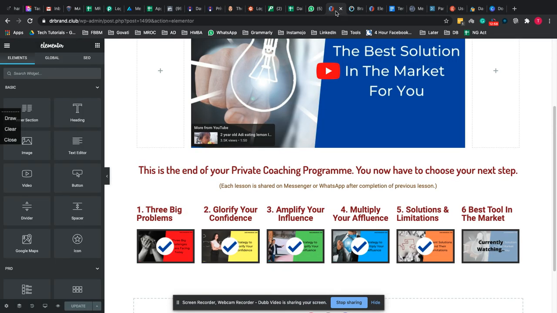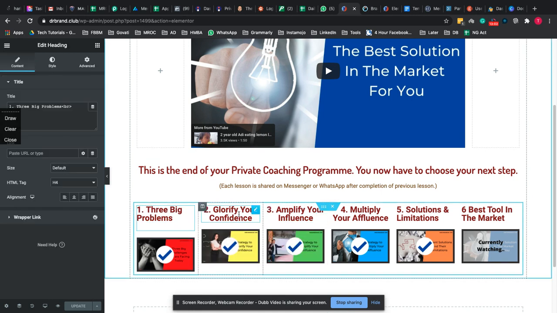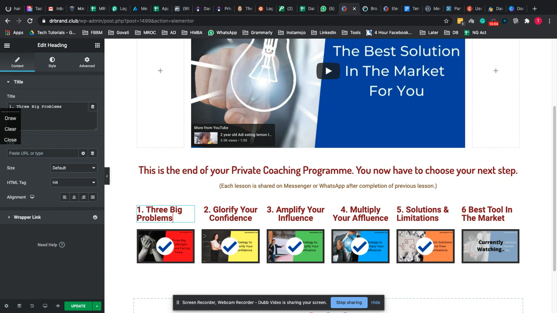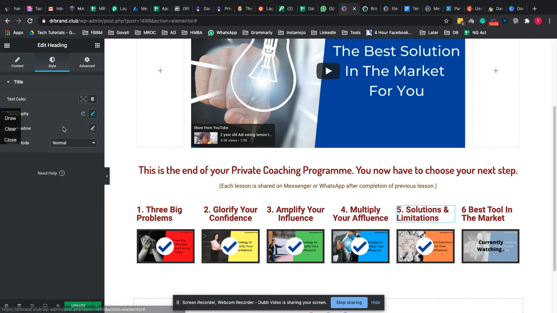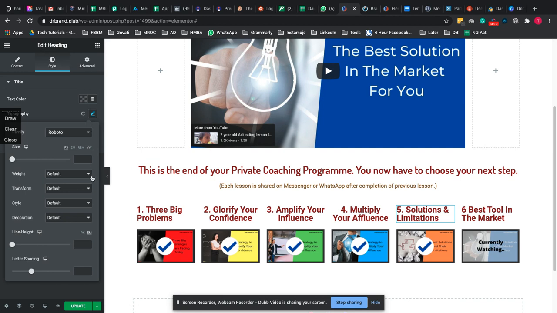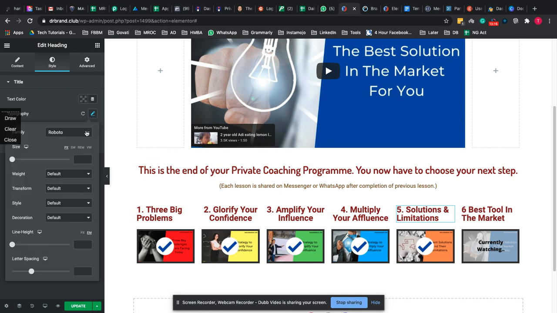I hope you understand. So currently you can see this is all bold. We don't want it to be, only the one which is currently running has to be bold. Everything else has to have a font which is smaller in nature. I don't know what font. So you need to check and change the font.